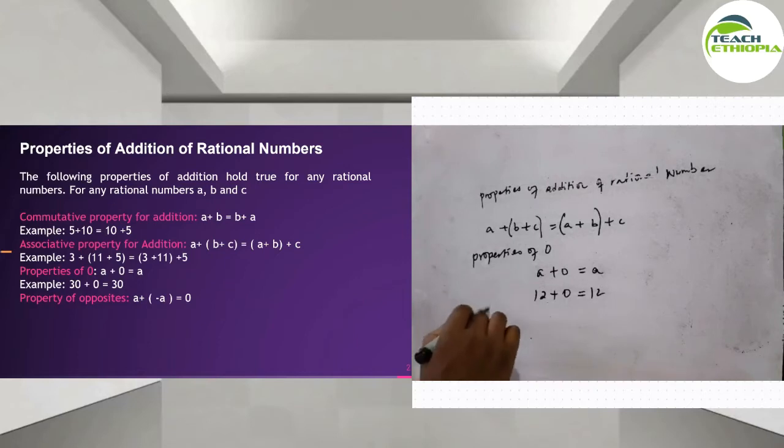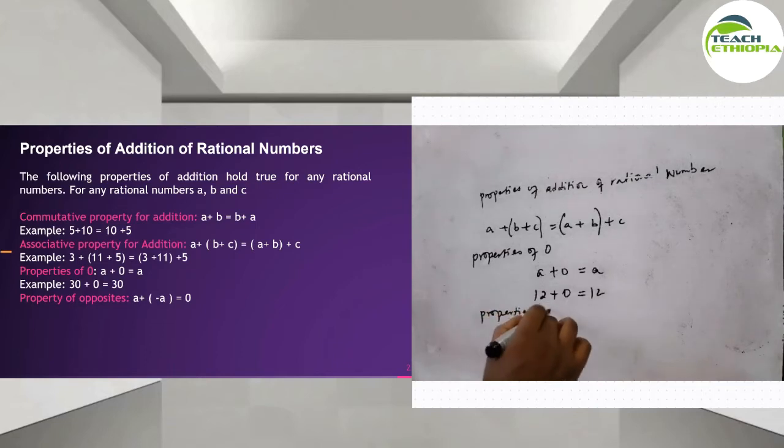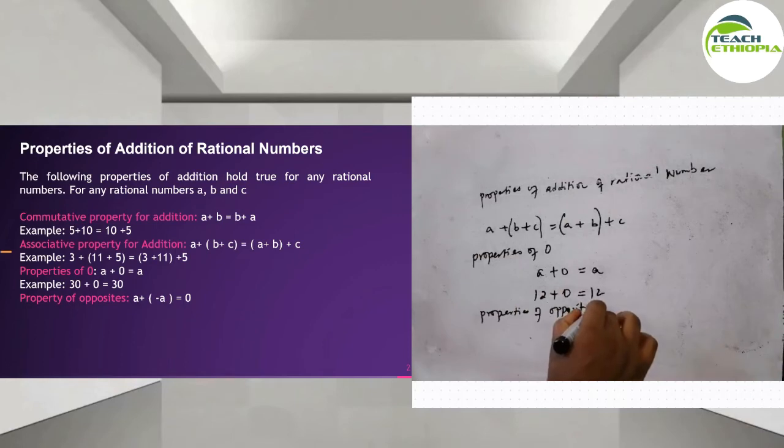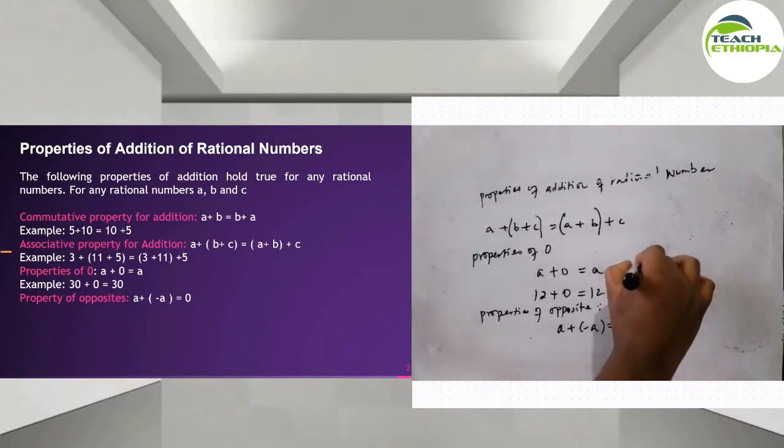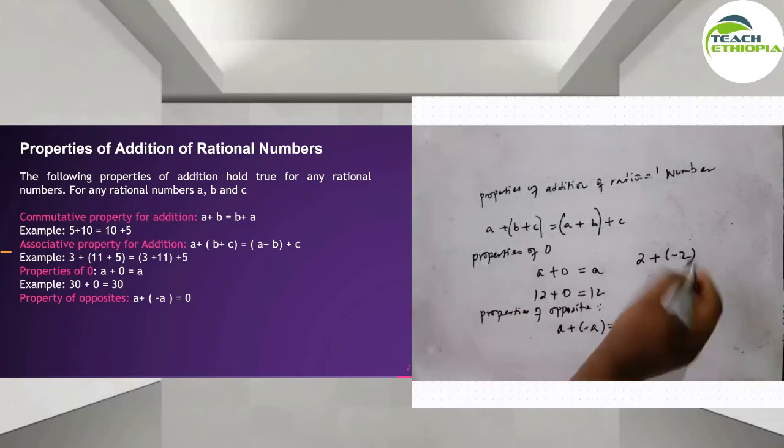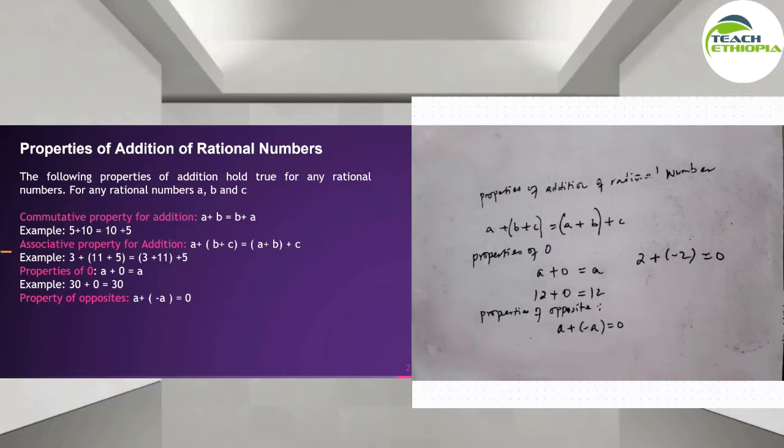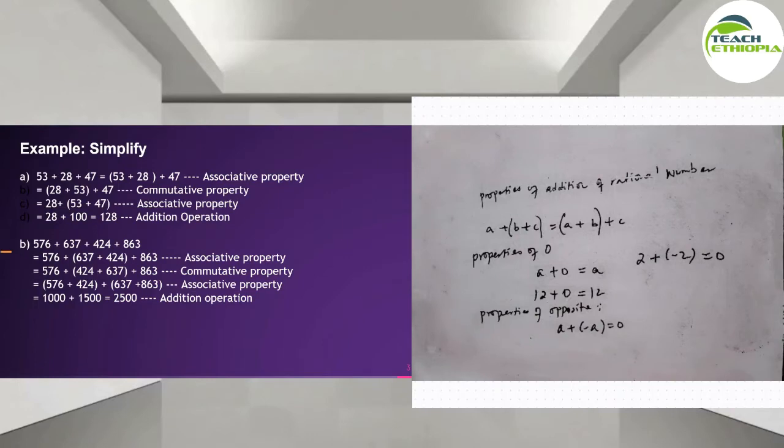ሌላ property of opposite numbers። Property of opposite numbers ምንድነው? For example if a ካለ plus opposite number add ብናደርግበት always 0 ይሰጣል። For example 2 plus minus 2 ብንደምርበት, which is minus 2 ቢደመርበት always 0 ይሰጠናል። This is always true ነው፣ ሆልድ ያደርጋል ማለት ነው። This is what's property of addition on rational numbers ማለት ነው።